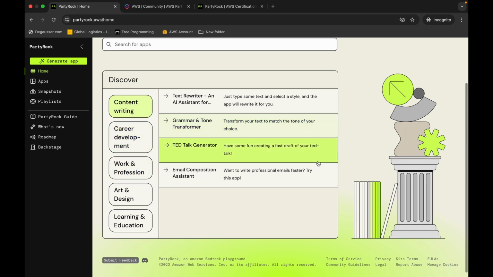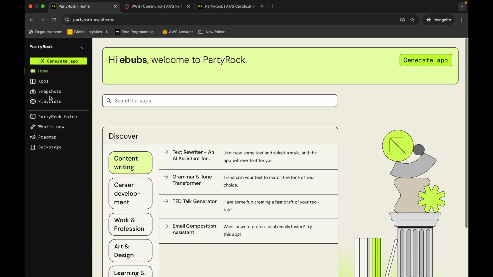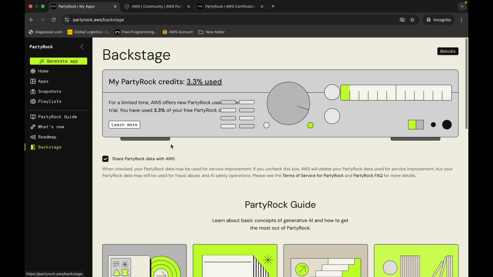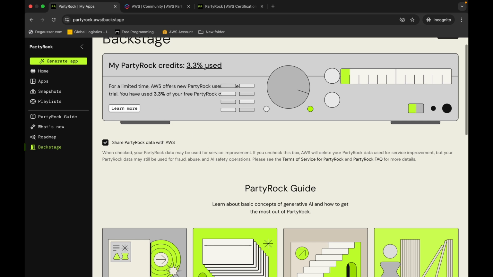So the uses are limitless. There are a lot of things we can do. So we'll just check backstage. You see what I told you about the free tier? For now, I've just used about 3.3% of my